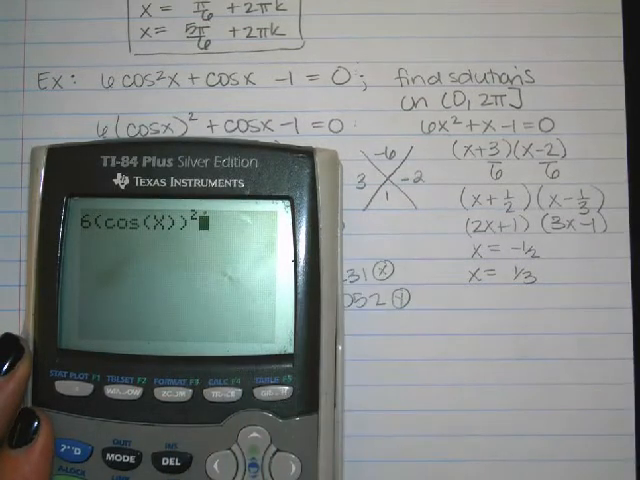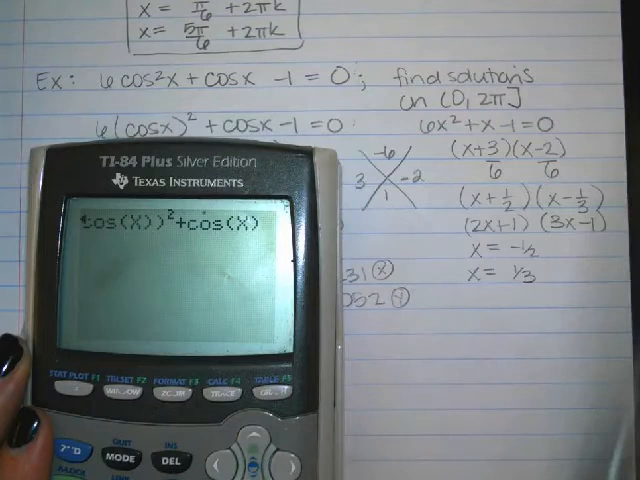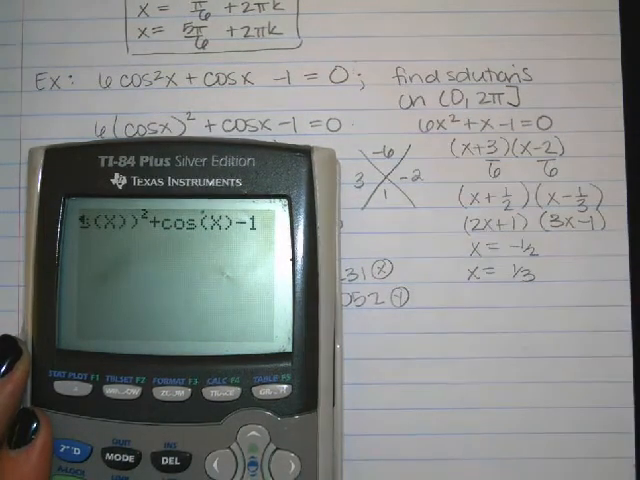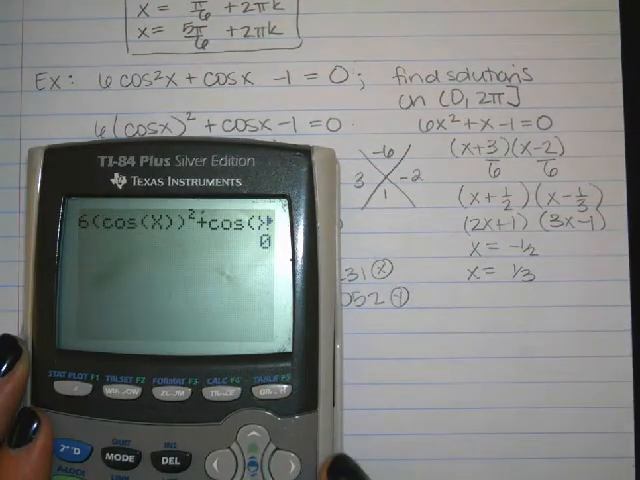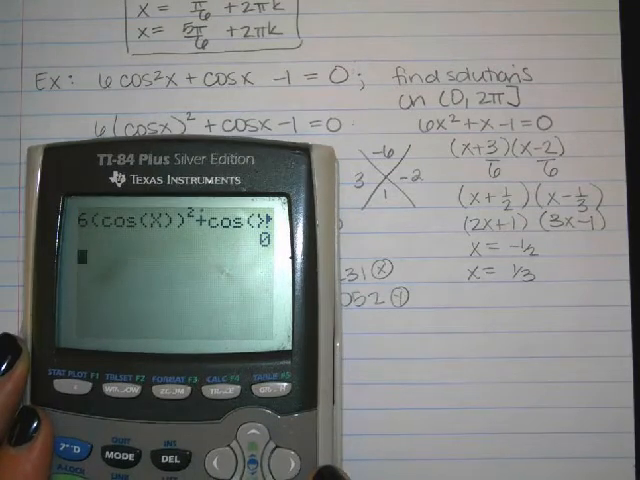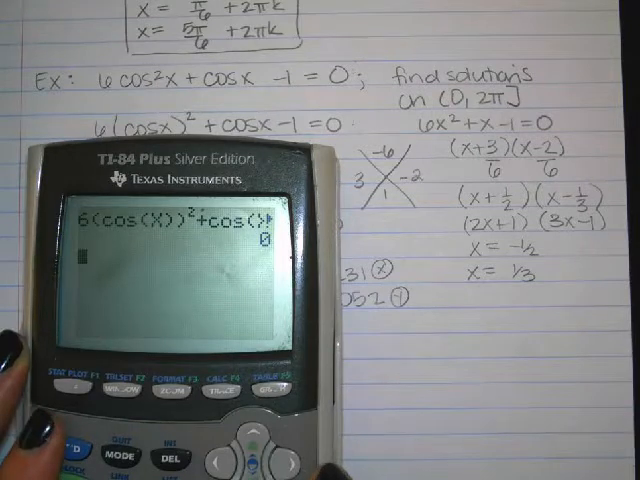And then I'm going to see plus cos x minus 1. All right, so I know that I got the right answer when that equals 0. Does that make sense? Now I should be able, if you hit second enter,